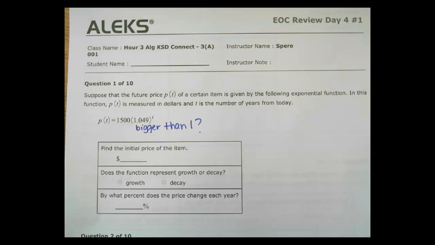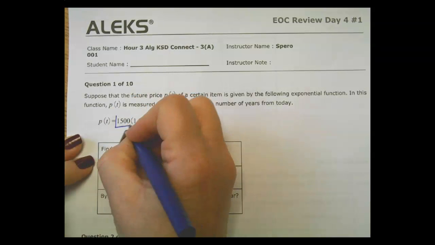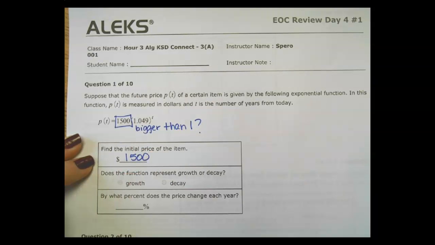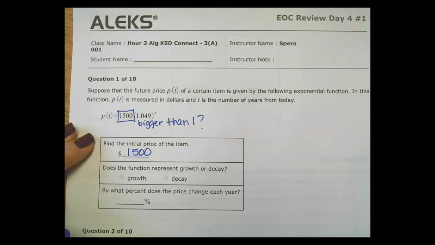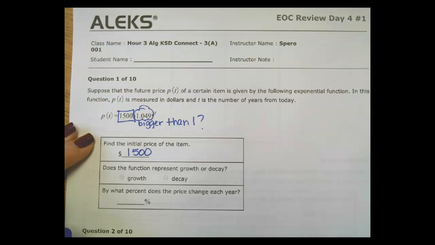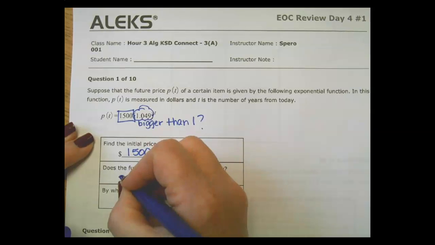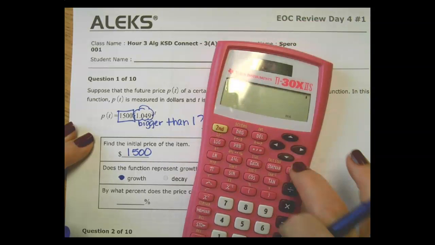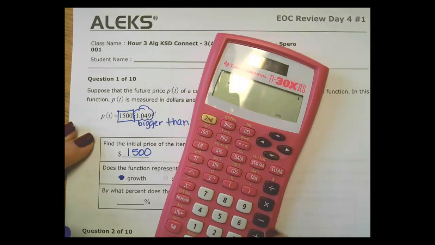Okay, so what is the initial price? Your initial price is always that beginning. It's this guy right here, so that would be your 1,500. Now, do we know that this is growth or a decay? If this amount is larger than 1, then it's a growth. But how do we find out what that percentage is? We can take the difference between 1 and that number. So I'm just going to say 1 minus